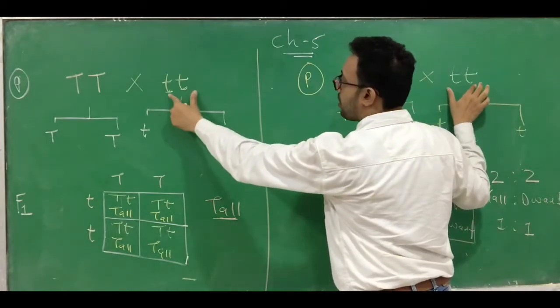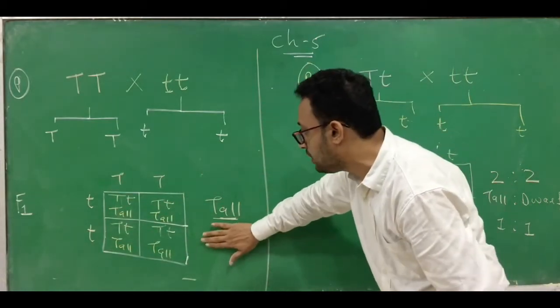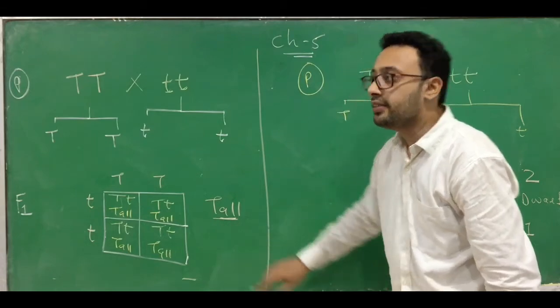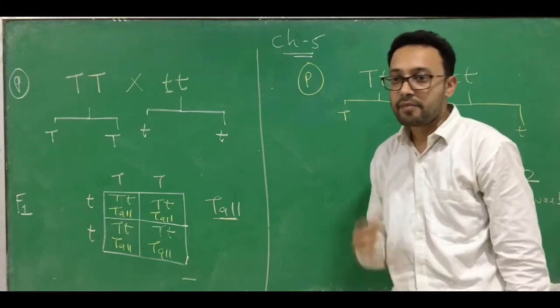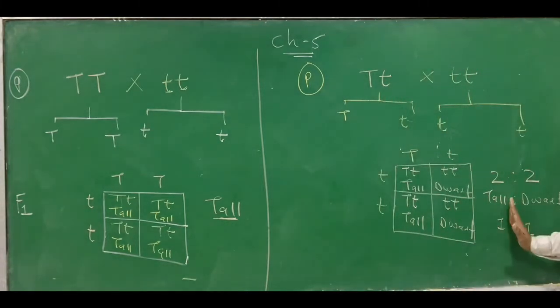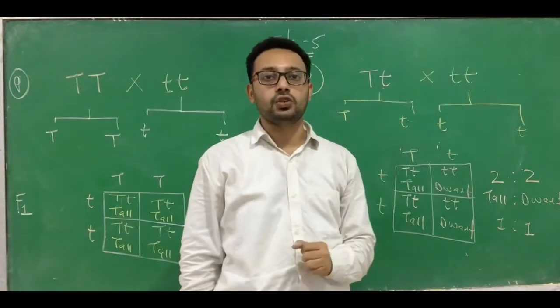In both the cases you are crossing with small t. If all the plants obtained are the same, meaning all the plants obtained are tall, that indicates it is capital T capital T, or homozygous. Clear? If 50% plants were tall and 50% plants were dwarf, meaning you obtain a ratio of 1:1, or in another term 50% plants are tall and 50% are dwarf, then it is heterozygous, and thus you can determine whether it is a homozygous or a heterozygous tall. Okay, clear?